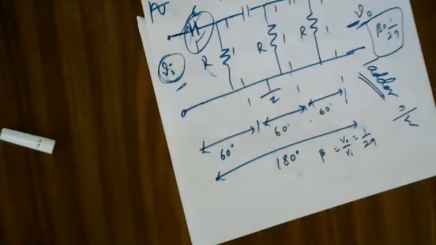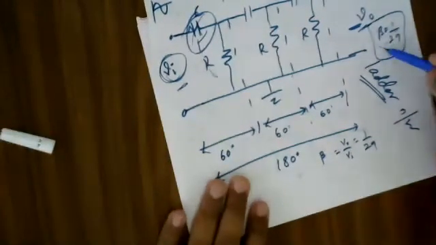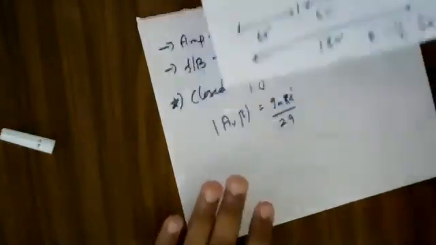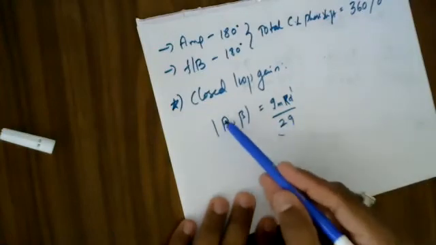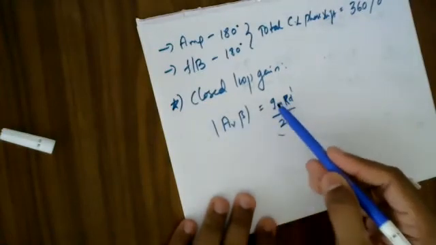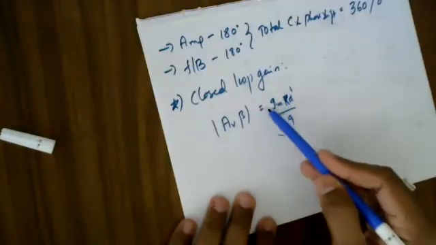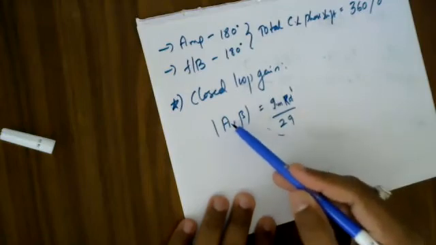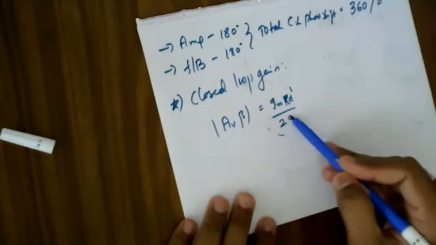Good, very good. The gain of my amplifier has to be 29, because A beta has to be equal to 1. That's the reason I'm getting this over here, because this AV is nothing but gm into rd dash, and this beta is 1 by 29. Understood? That's how AV into beta is gm into rd dash divided by 29.